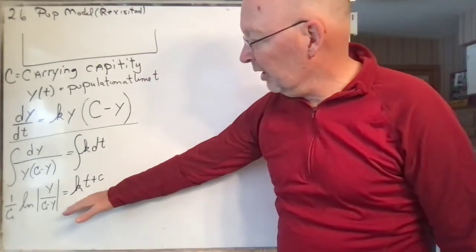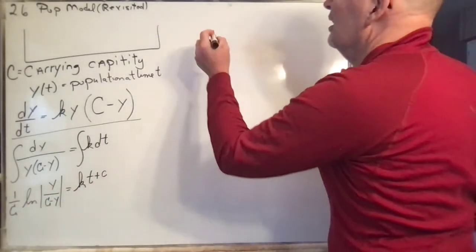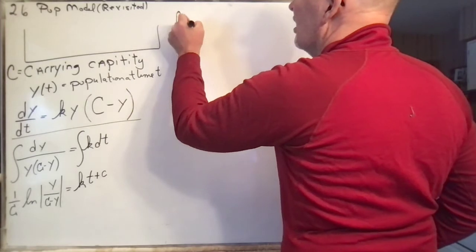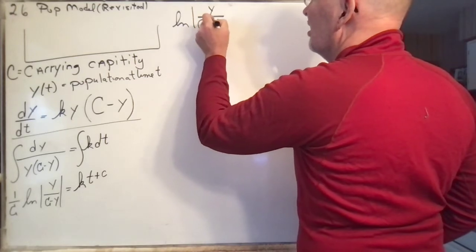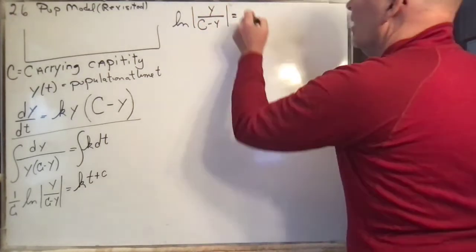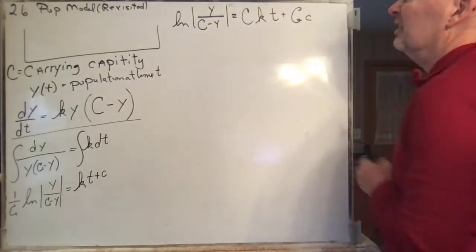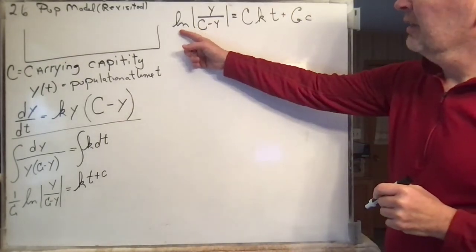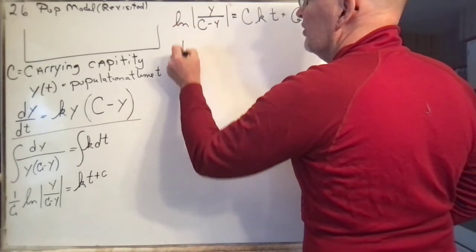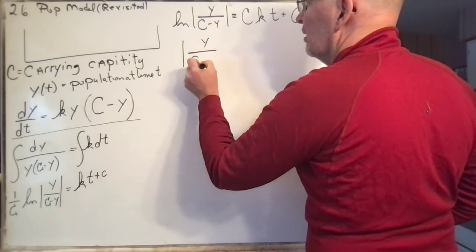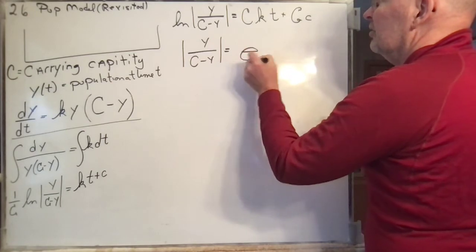Okay, so now there's our equation. And so now we multiply through by the capital C and get capital C k t plus capital C small c. And then what? We take e to both sides. And so when we take e to both sides, e to the ln of anything is just that thing. And then you take e to this side, and you're going to get e to this,